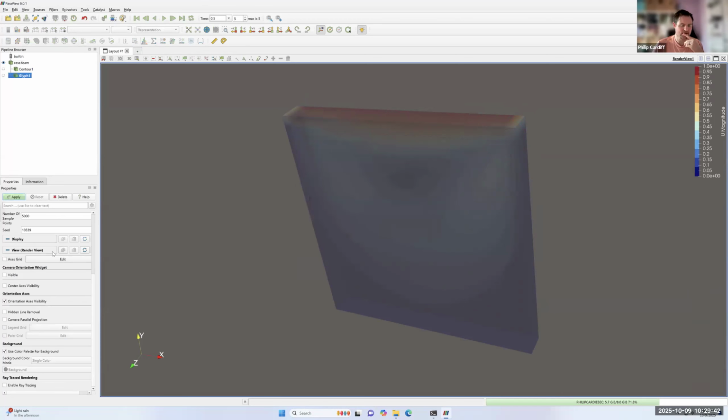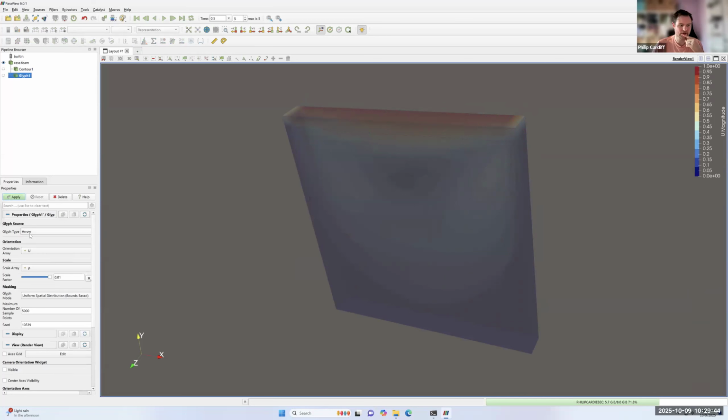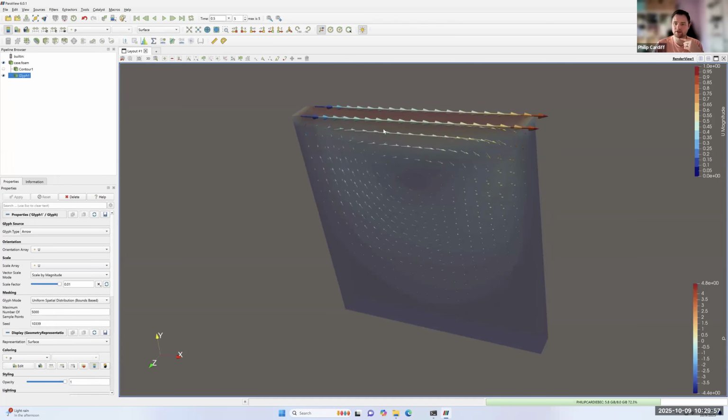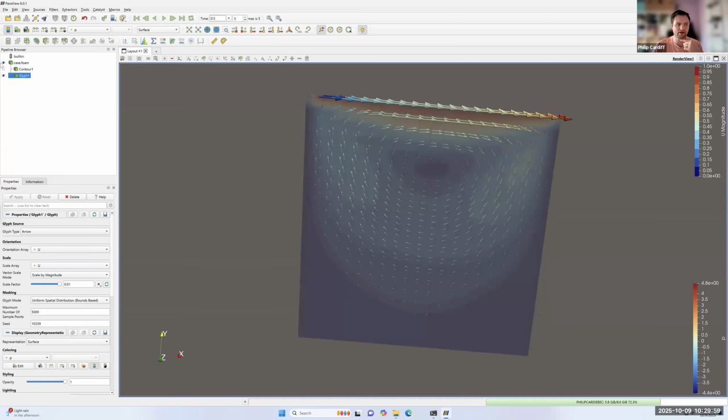So I'll just go yes. And I'm going to pick the orientation to be the velocity and then the scale to be the velocity. And I will just drag this across a little bit. I'll click this auto rescale if it hasn't been selected, and I press apply. So that will create vectors, you can see, that are